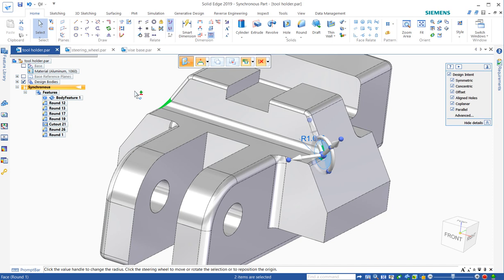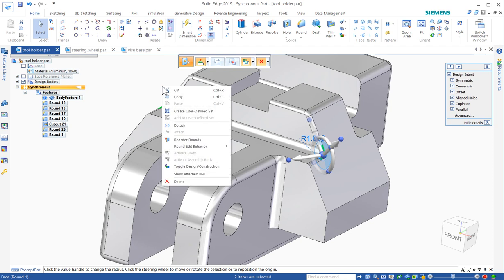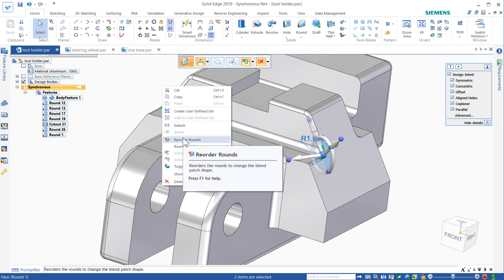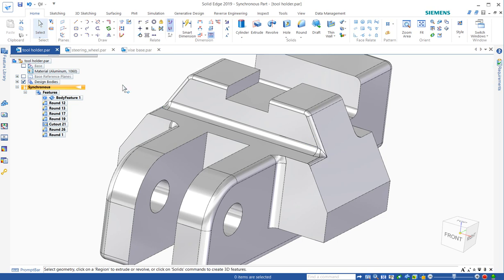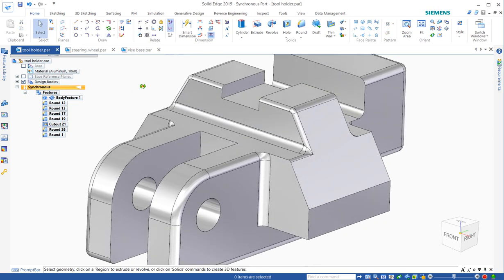So in order to change the sequence that something was done, there's a few different ways to do it. You can detach geometry, but in the case of rounds, this is a very fast and powerful way just to select the rounds. It's usually at an intersection where you would get a different solution if you did them in different orders. Otherwise it won't really do anything when you execute the reorder rounds. There's only two solutions typically for this type of thing,